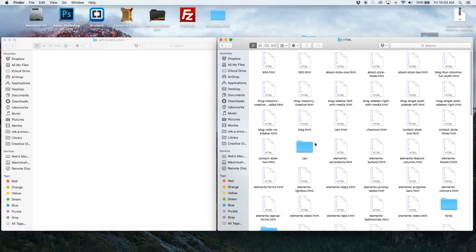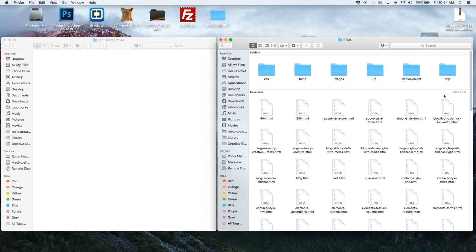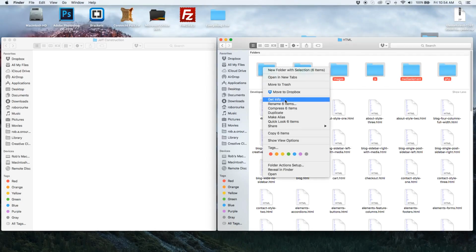So the first step you should do is arrange by kind, go up the top. You got all these different folders. So I'm just going to copy and paste all of these into my work folder. Copy,